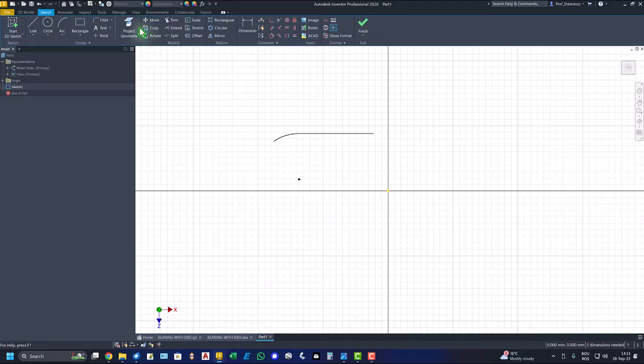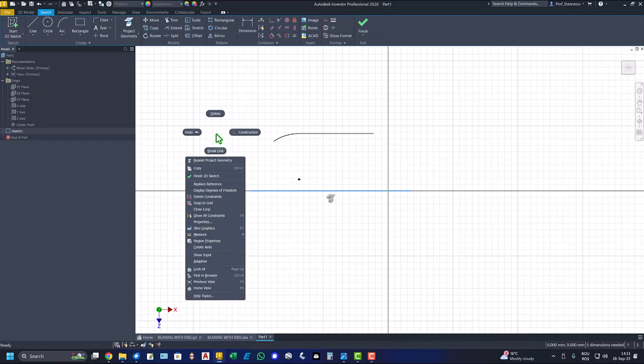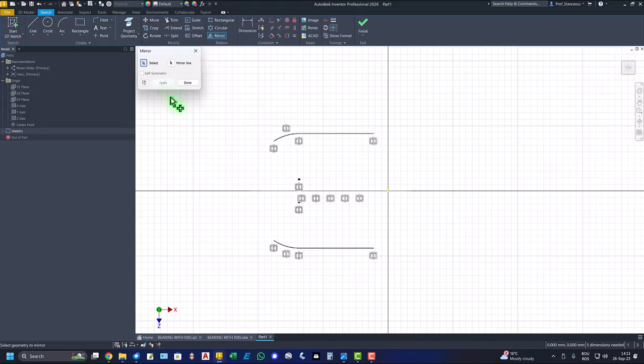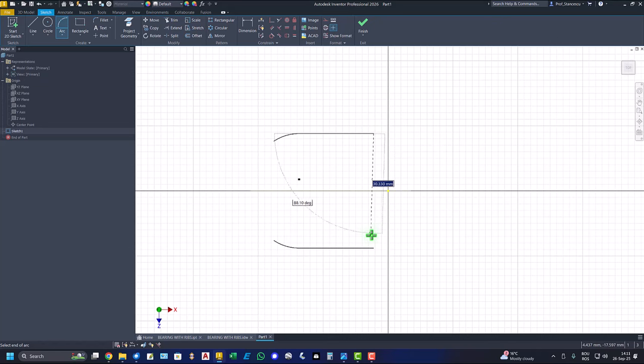Then project the axis X. We select this to make it construction and we apply mirror of these two entities. The axis is right here. Done. We connect this point with this point